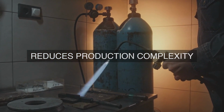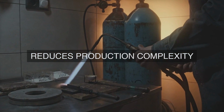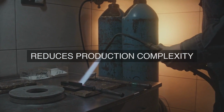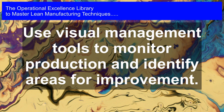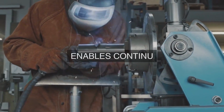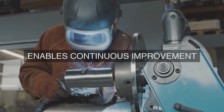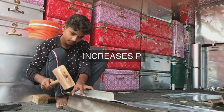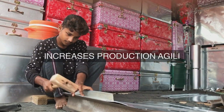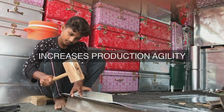4. Train and empower employees. Provide employees with the skills and authority to work efficiently, identify and address issues, and make decisions to optimize production. 5. Implement pull production. Use a pull system to control production, where each stage of production pulls the required quantities of material or products from the previous stage. 6. Monitor and analyze performance metrics. Track key performance metrics, such as lead time, throughput, quality, and inventory levels, to identify areas for improvement and optimize